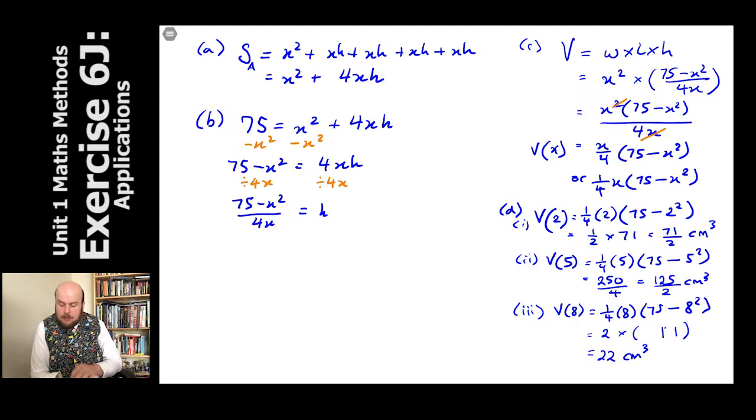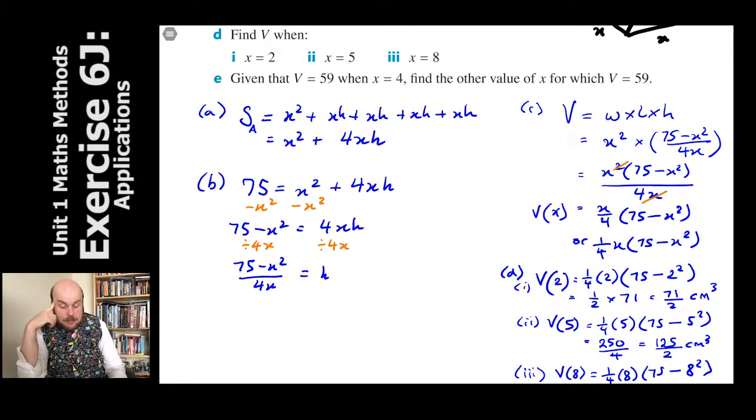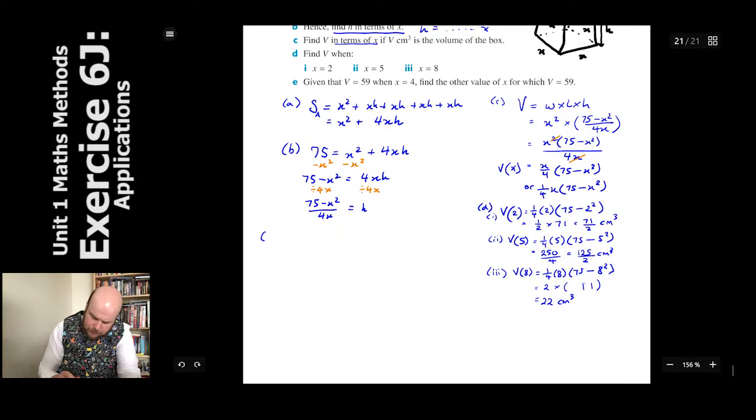Wonderful. So, what we're going to do now is have a look at the next question. It says, given that V equals 59 when x equals 4, find the other value for x for which V is equal to 59. All right, so we need to solve this. Now, I will grant you that this would be a typical calculator-enabled question. But because we should always try to exercise our mental brains, we'll make sure that we do this by hand. So for E,